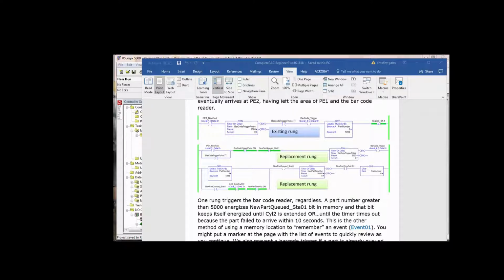They're sufficient within themselves. So the object of the first replacement rung there is the barcode trigger. It's going to be on for 3 seconds. The second rung, if the part number that was scanned in by the barcode is greater than 5,000, it says there's a new part queued. So it's coming on down the feed conveyor. Okay, now we have a situation here where once we say there's a new part queued, there's got to be a life to that